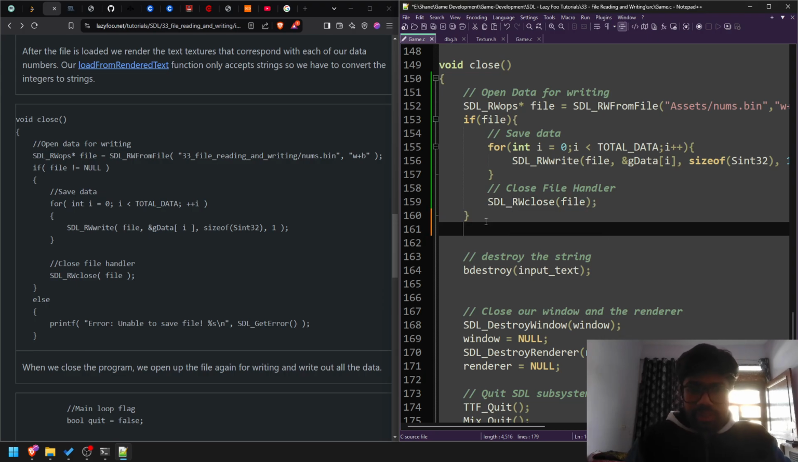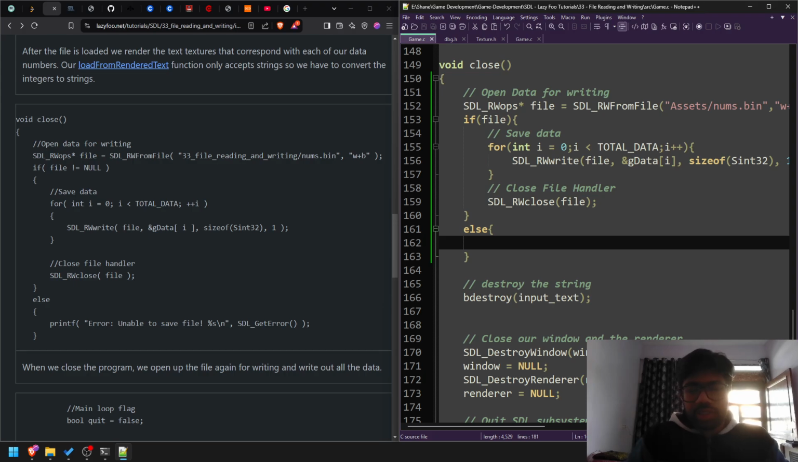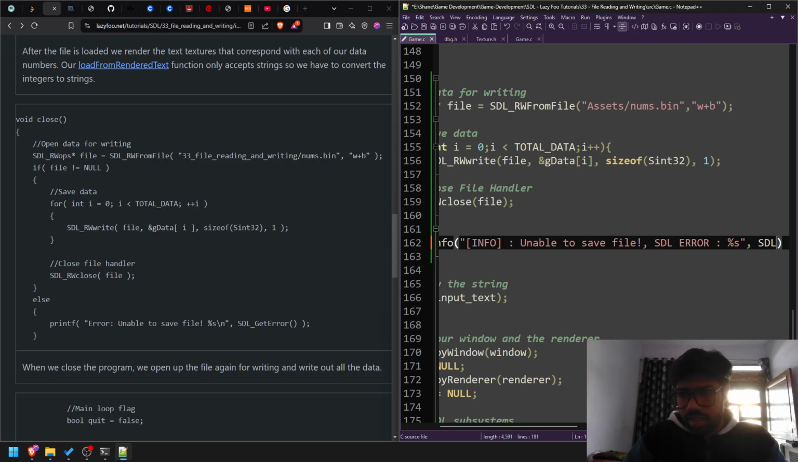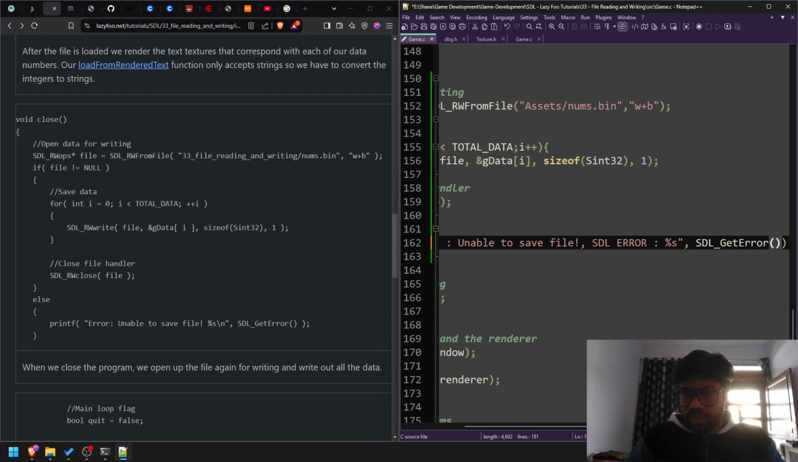Okay. Else I will log information, log info, unable to save file. STL error is STL get error. Okay,